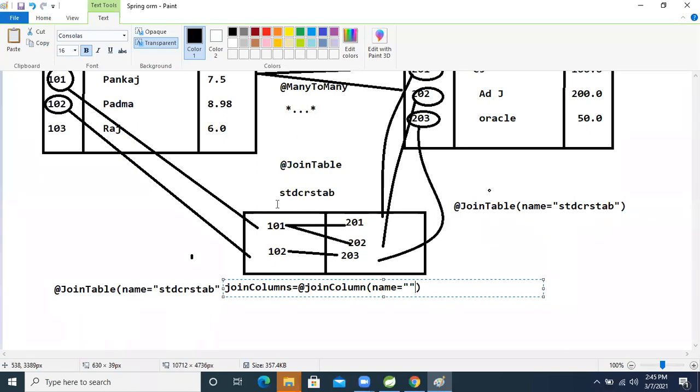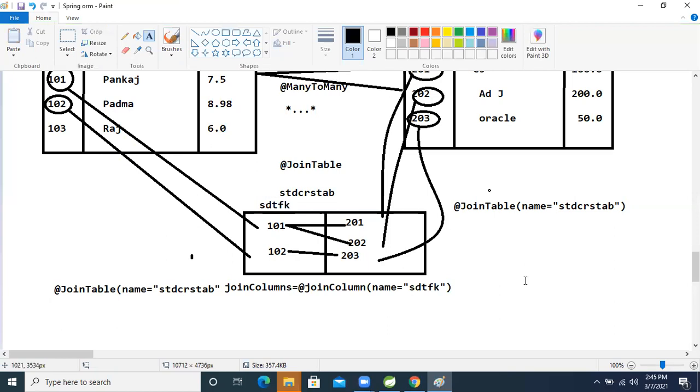This one is the student, so we need to give this one a name. For that, I'm taking std_fk, meaning foreign key. I want to take this name. By writing this name, what will happen here is a student foreign key row, here will be a student foreign key.